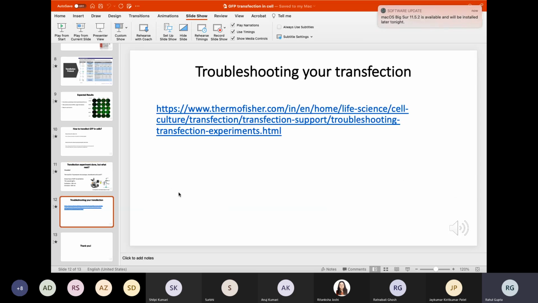Coming to the next slide, this is about how to troubleshoot your transfection. What I have shown you throughout this lecture has been a very basic protocol, and there are various optimizations which have to be performed in order to have good transfection efficiency, which we had just talked of in one of the slides. This link would be available to all of you once I upload this lecture on MS Teams for your convenience. So you can have a look at this link